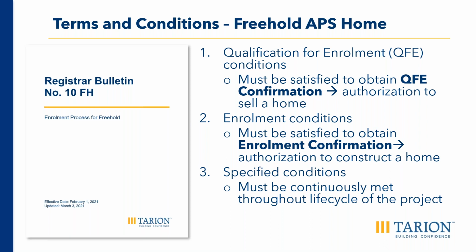Once the terms are issued, if the vendor disagrees with any of the conditions, they can call Tarion and we can explain it or talk them through it. However, a vendor will have 15 days to formally appeal the conditions through the License Appeal Tribunal. If the terms and conditions are not appealed by the 15-day deadline, it is considered that the vendor has accepted the conditions, so it's very important that Tarion has the correct underwriting contact information on file.